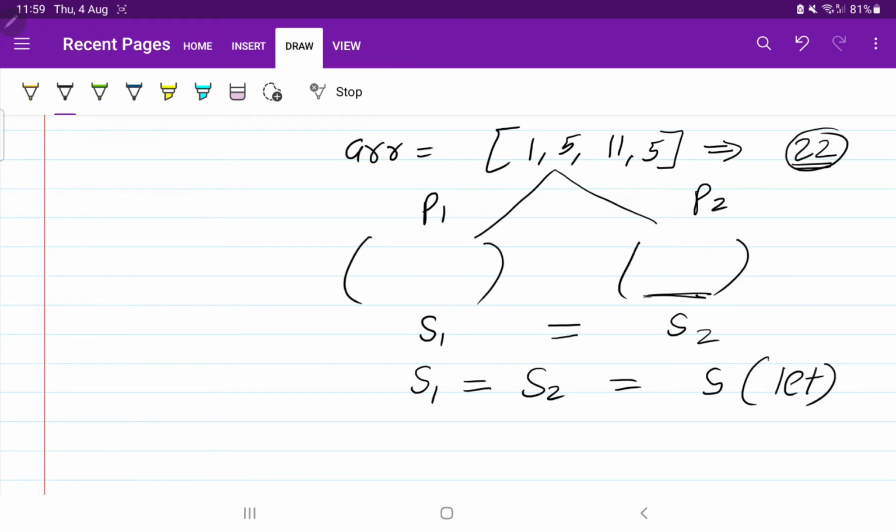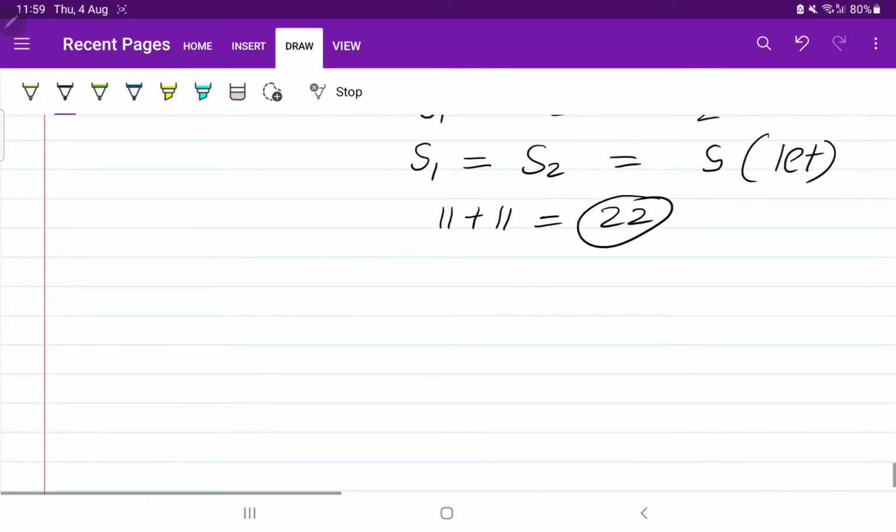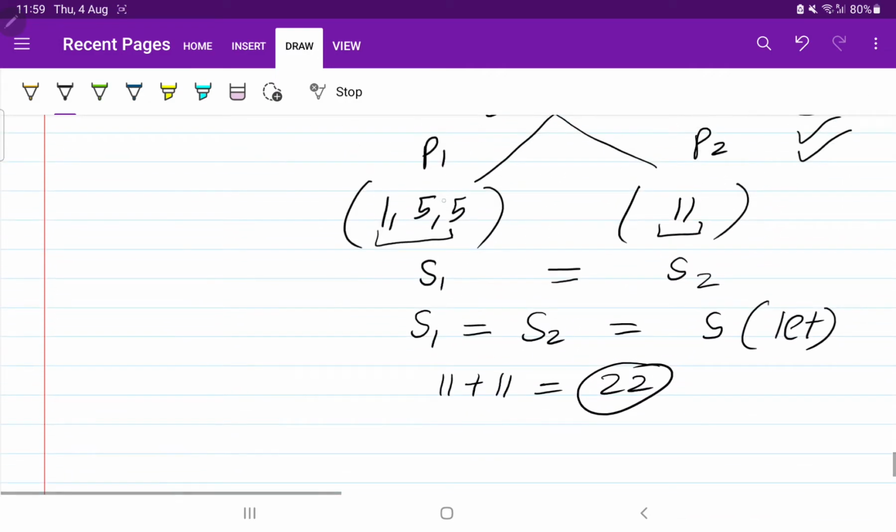And we have seen in the example that if you divide like this, the sum here will be 11 and here also 11. If you add both of them, what do you get? 22, which is the sum of the array. So I can say that this we have considered as S1 and this as S2.